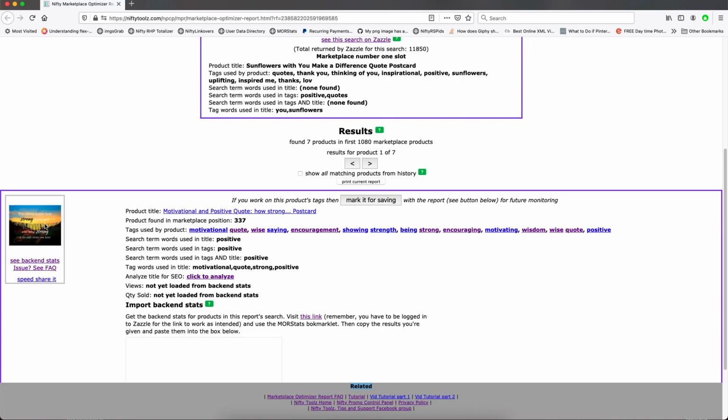On the left-hand side, you see an image of the product. There's a link to the back-end stats for that product. If you bump into one of the gotchas, there's a link here to the relevant FAQ about that. Okay, let's have a look at all the information about the product itself. You can see its title as it is now, where it's found in the marketplace,